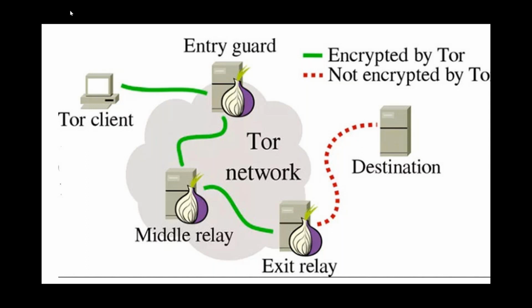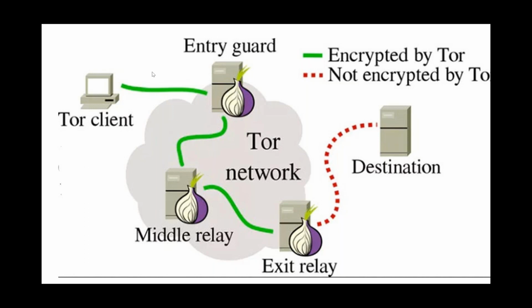So that is how Tor will work. If you look at the diagram, it's like an onion, my friends. The Tor client knows who the sender is, then it goes to the middle relay. The middle relay will know only that it has to send it to the exit relay. The exit relay will only know whom to send to at the destination. So each of these three may not be interconnected at all.